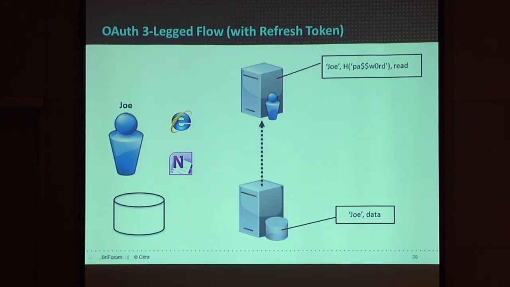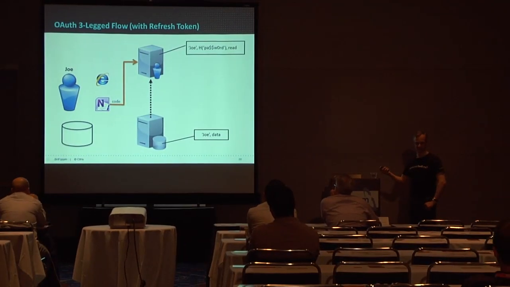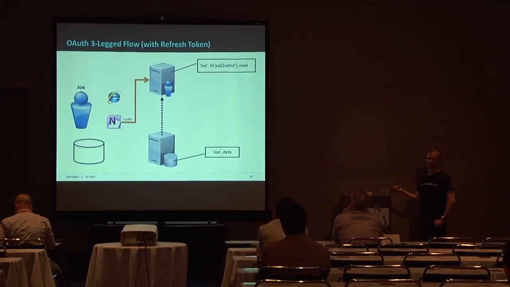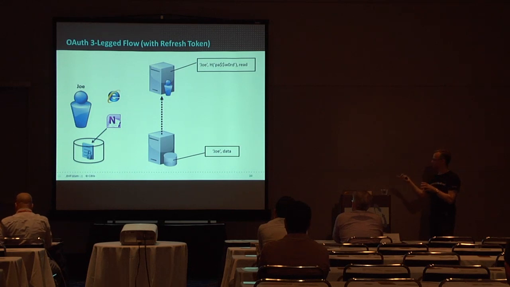He gets back a temporary one-time code, and then the application can validate that code with the identity provider, and what he gets back is actually some of the real tokens he's going to use for calling things. And in the general case, he might actually get back two tokens, one to use immediately, but another one that he can hang on to for a while. This is a refresh token, and this is sort of why this whole process was done.